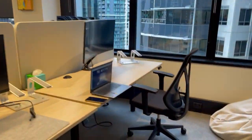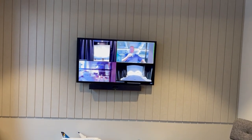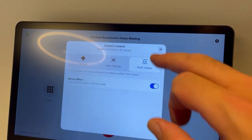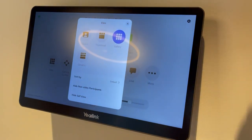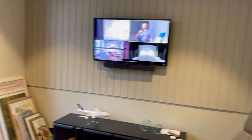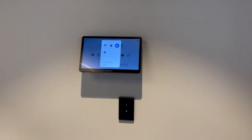We just have this laptop joined to the meeting to give an extra external video feed. So in this room, we have the control screen wall mounted, and we've got multi-stream set up on this one. And obviously we can have different views. This is gallery, and then thumbnail would give us a bigger viewing screen, but gallery's typical for meetings of around 4 people. I'll just go back to thumbnail so you can see the camera